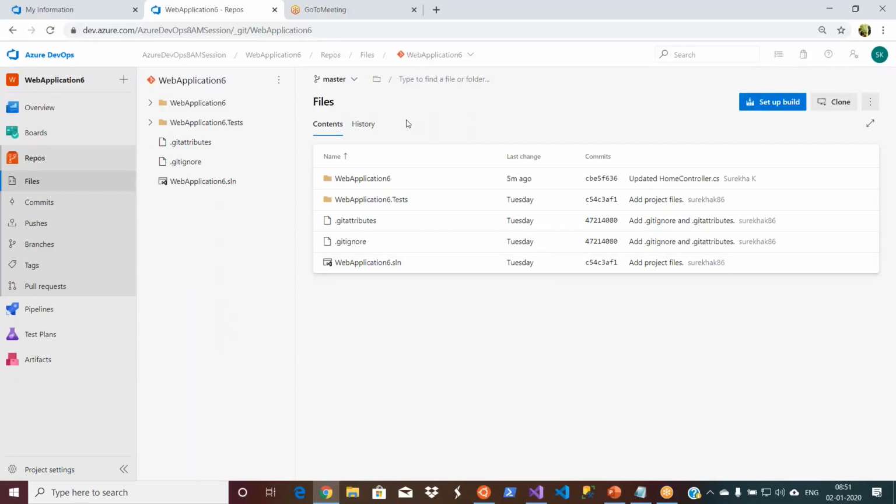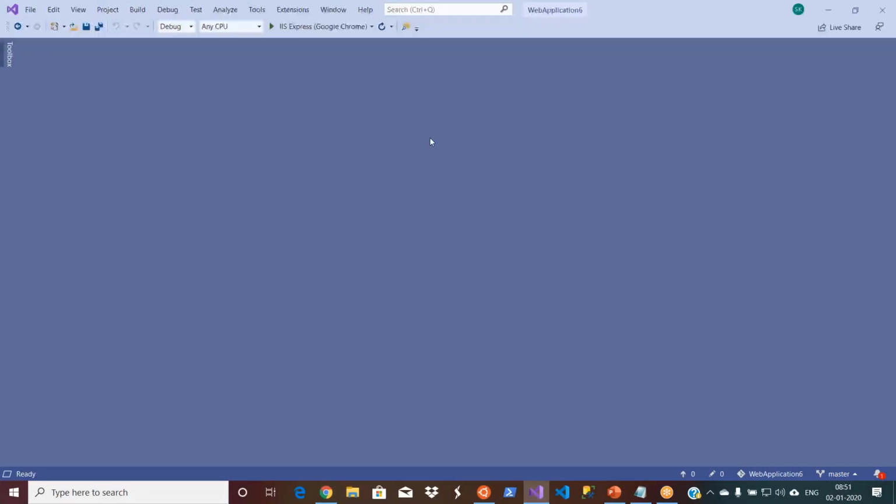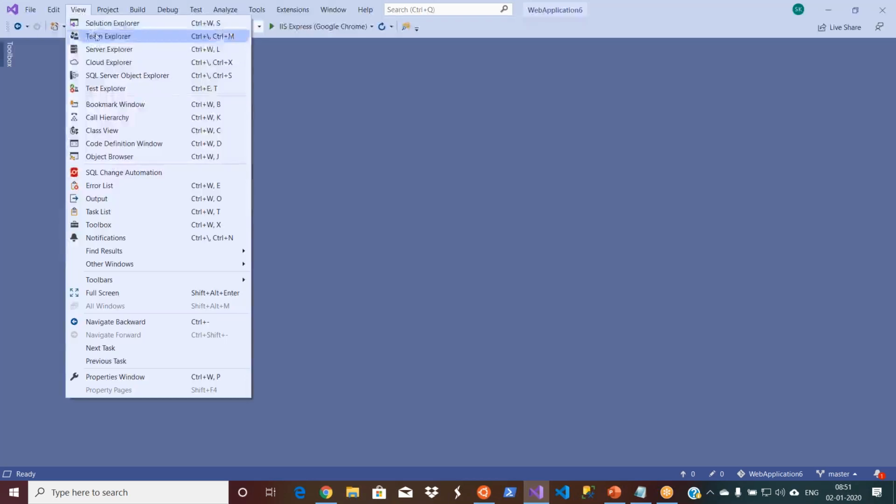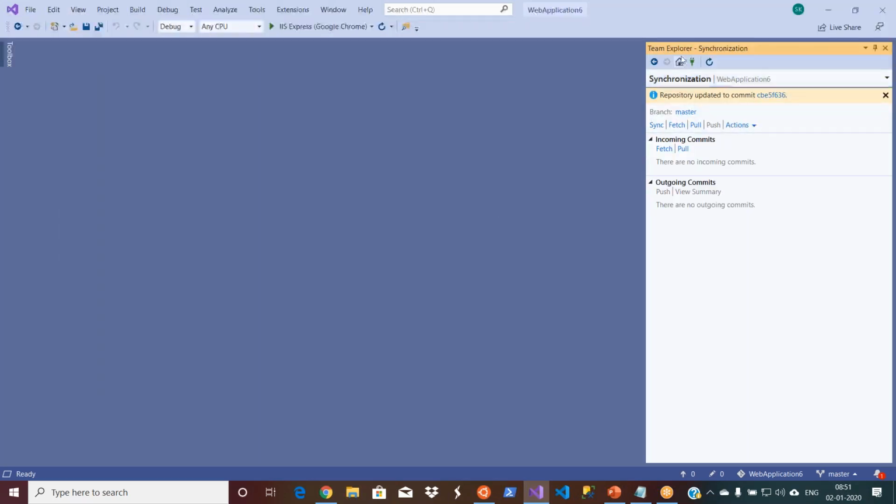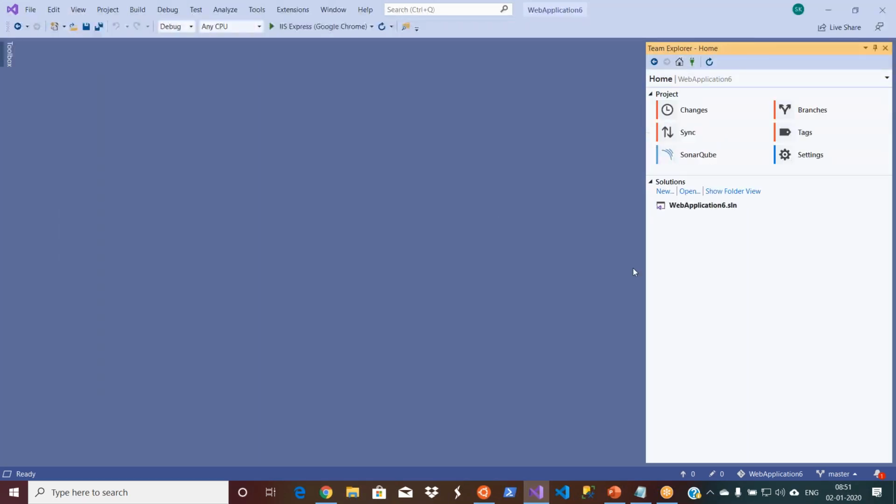Now I want to create a branch. Since you already have Visual Studio open, I'm going to create another branch from my Visual Studio itself. Right now I see only one branch, that is the master branch. At the bottom of this page you can see this is my repository.